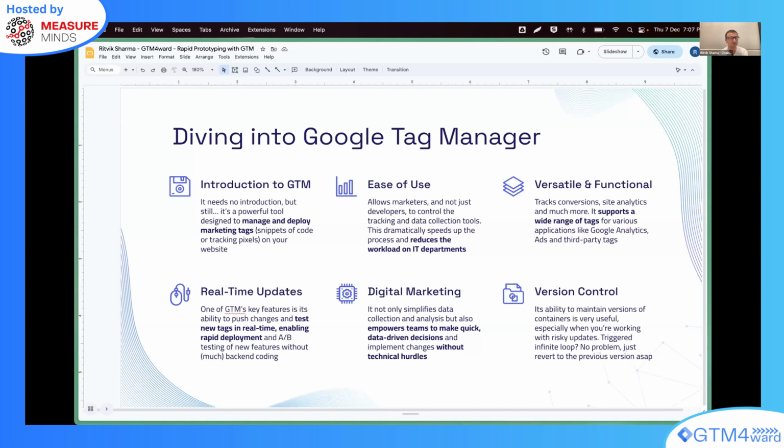You also have a version of Google Tag Manager for mobile apps, which we will not discuss in this session. And you also have a version of server-side tag management, which is also out of the scope of this session because we are going to focus mostly on front-end related updates through Google Tag Manager.